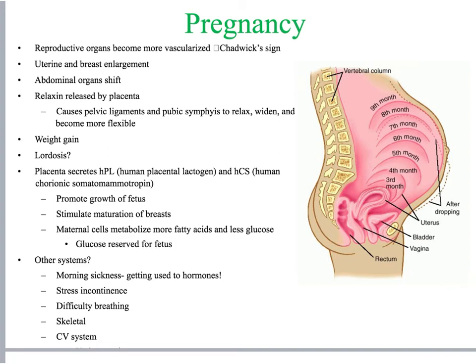So as pregnancy progresses, female reproductive organs become more vascularized and engorged with blood. The vagina develops a purplish hue and her vulva a purplish hue, which is called Chadwick's sign. The breasts enlarge and engorge with blood, and their areolae darken. This is because of the rising levels of estrogen and progesterone. Some women develop increased pigmentation of their facial skin on their nose and cheeks, a condition called chloasma, or the mask of pregnancy. There's other things that occur.